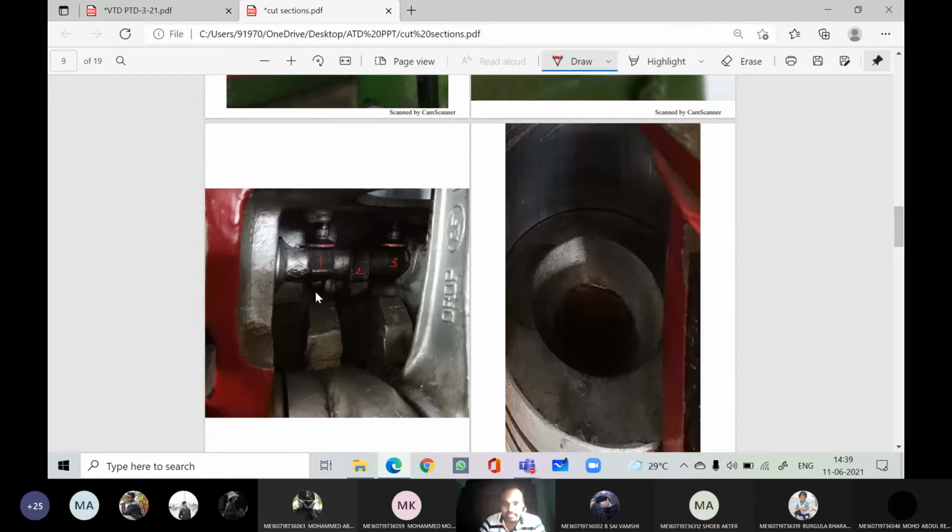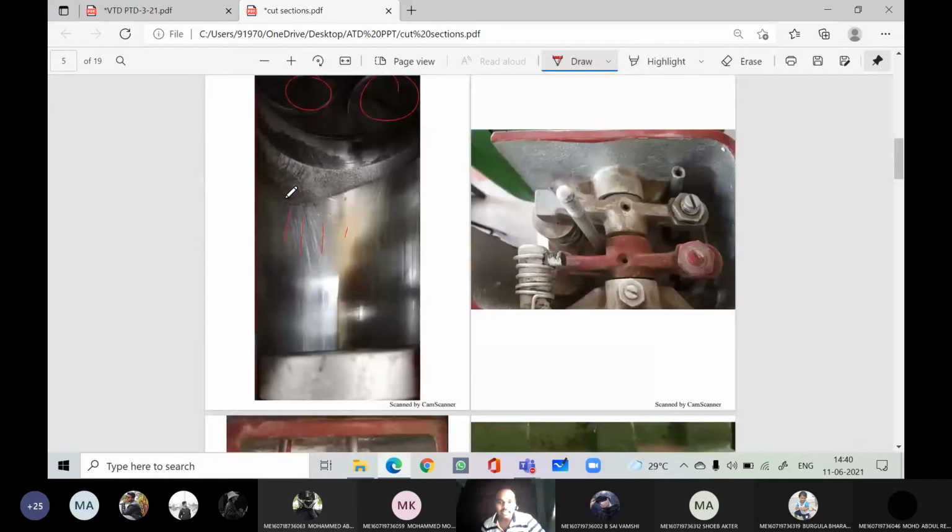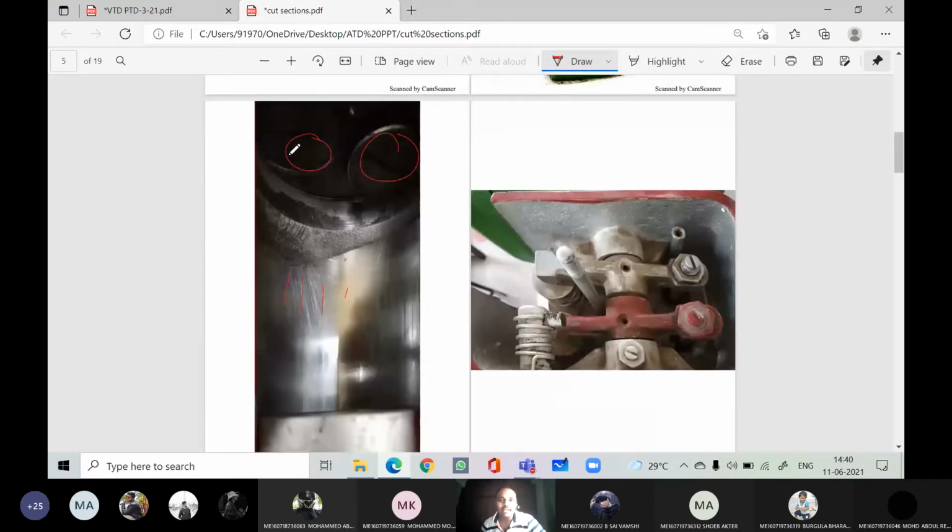When the crank rotates, the gear mounted on the crankshaft will rotate, meaning the crank gear is coupled to the camshaft gear. When the camshaft gear rotates, the camshaft will also rotate. Therefore, once this projection hits here, this push rod will move in the upward direction. This one, this push rod will move upward, thereby this valve will open.